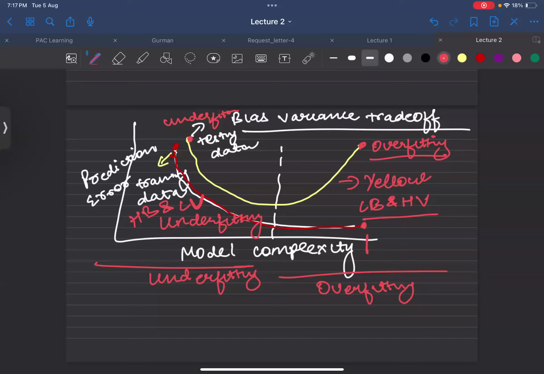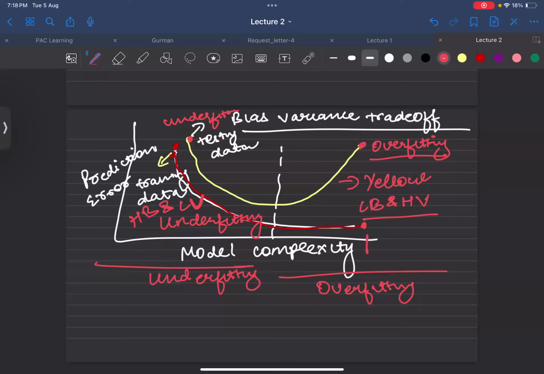If we have more variables in training data, there are chances that variance can be very high. And when there are lesser variables, lesser inputs, lesser points, there are chances that we are away from the target. We are unable to predict the actual target. So that's why it's high bias and low variance.